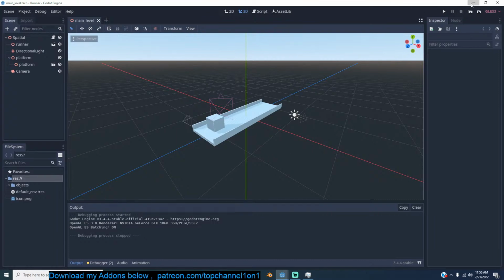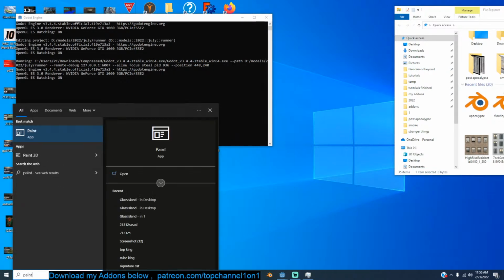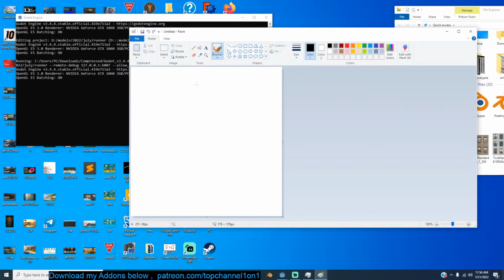But basically my concept, I want to make, let me see, paint. Where is paint? Is this the paint application? Yeah. So the idea I have is I haven't really decided much, but